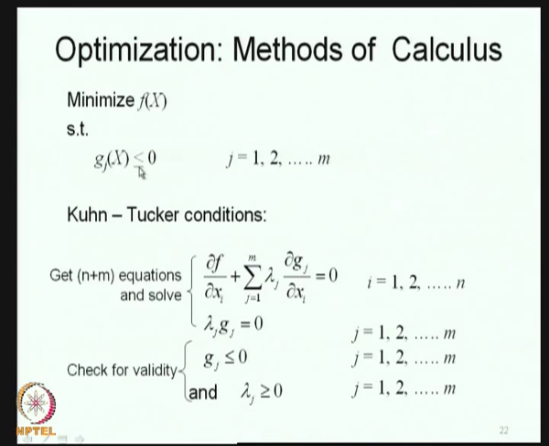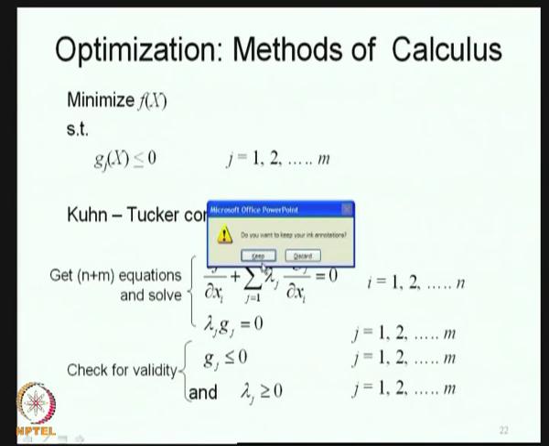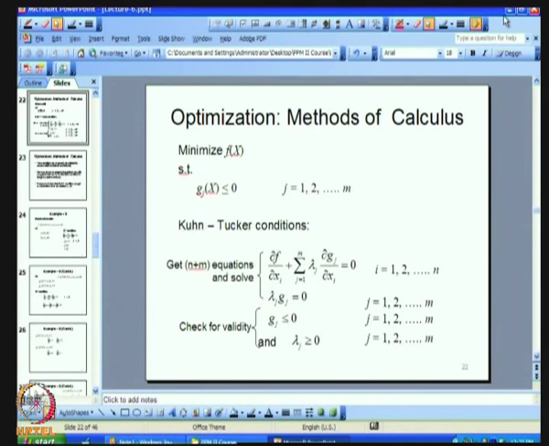This condition is simply reproduction of the original set of constraints. Only this condition, which is lambda j, whether it is greater than or equal to 0 or less than or equal to 0, depends on the particular combination. So, I have stated this here for minimize f of x subject to gj of x less than or equal to 0. For that, lambda j's are greater than or equal to 0. I will now state this also for other combinations.